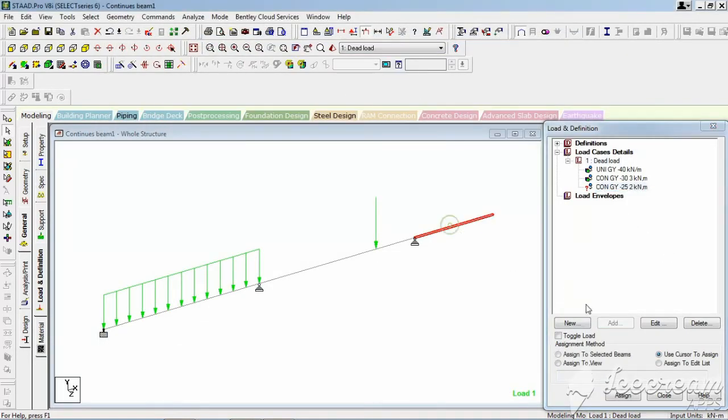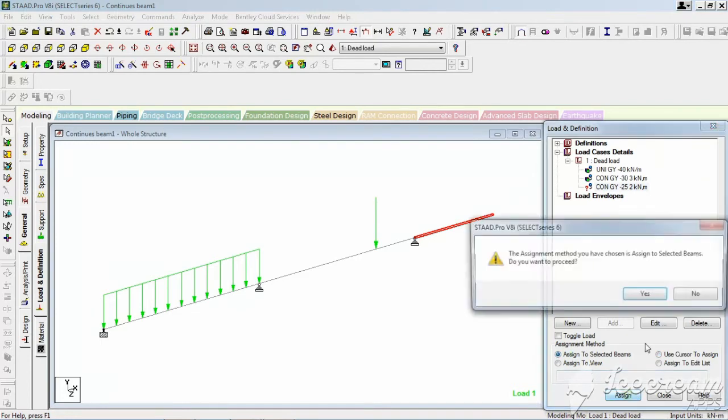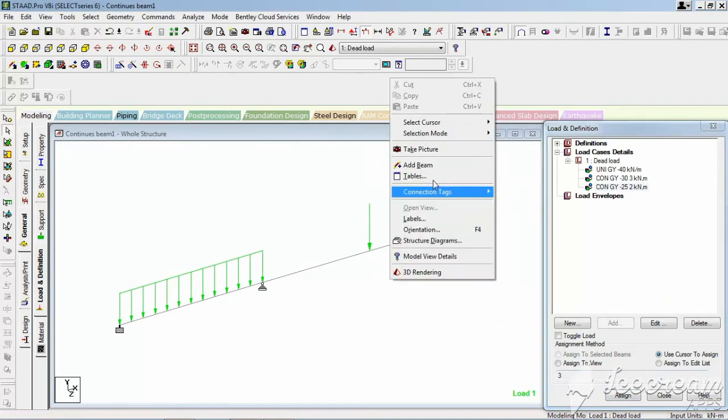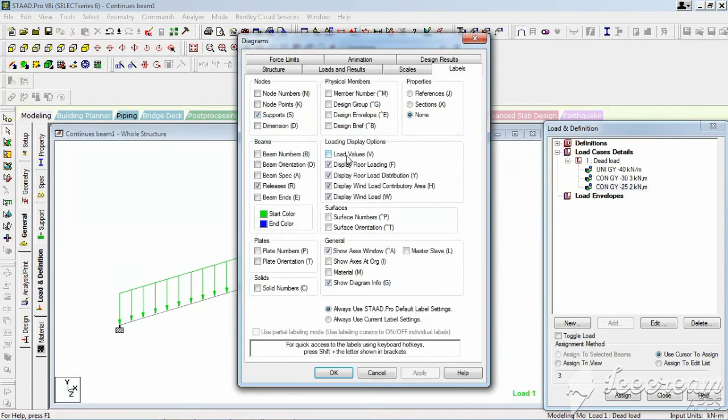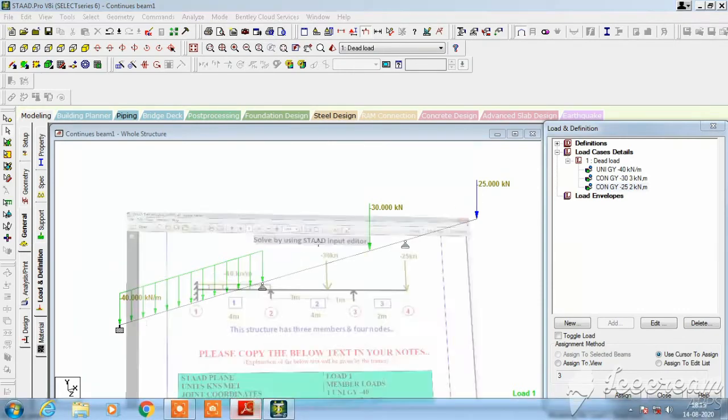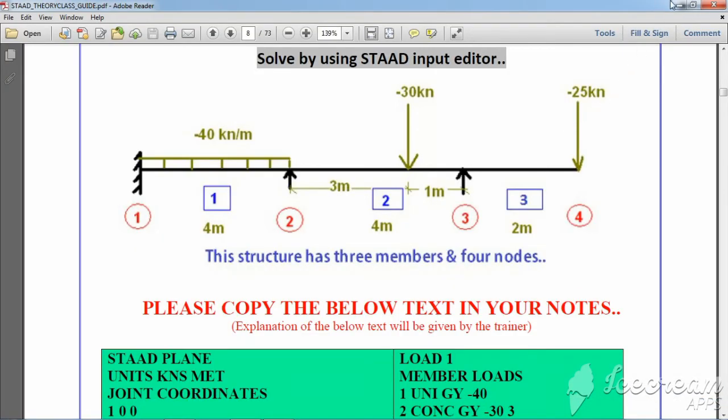Okay, apply, assign to selected. Then apply load level and check the value of the load and check that it is similar.